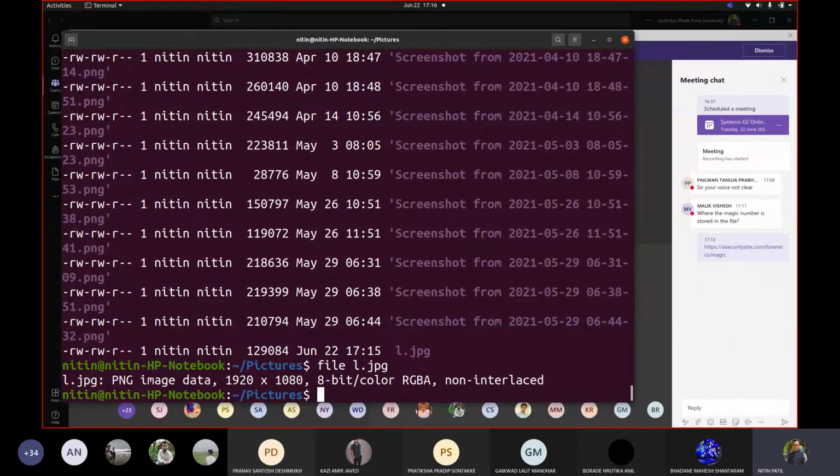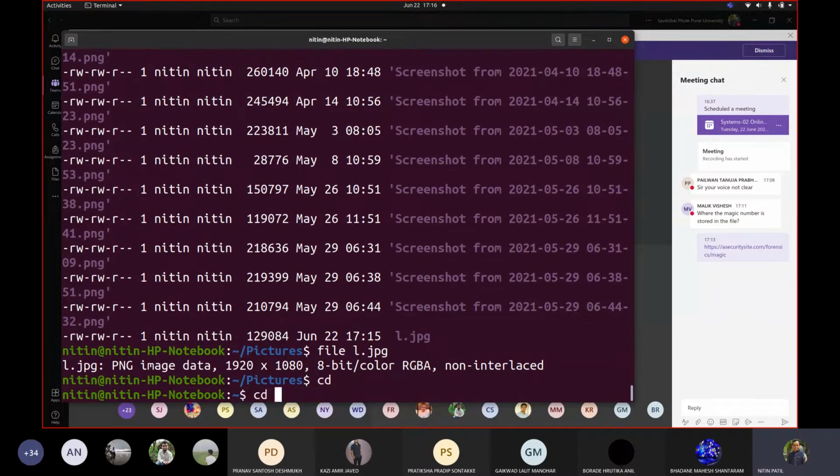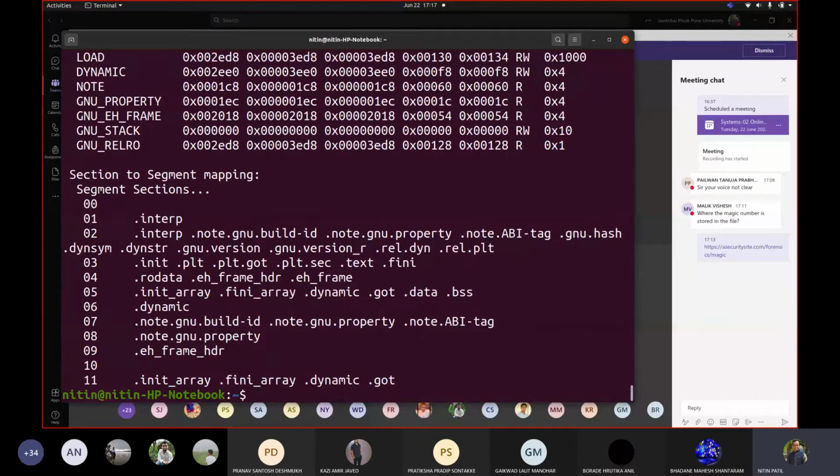But the extension doesn't really differentiate two files. Now, if I have to differentiate two files, then what I need to do is check what is the magic number. So if I try now, readelf will not give me magic number for this l.jpg or the PNG file, because readelf would be displaying only the magic number for ELF files. Let us go back to our code. So readelf dash e, and we said a dot out. Correct. So we got this.